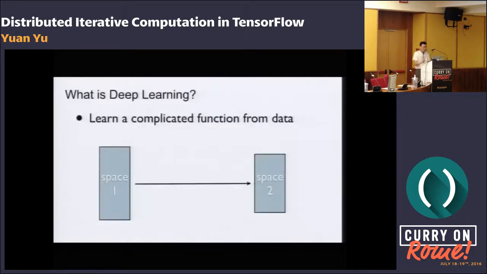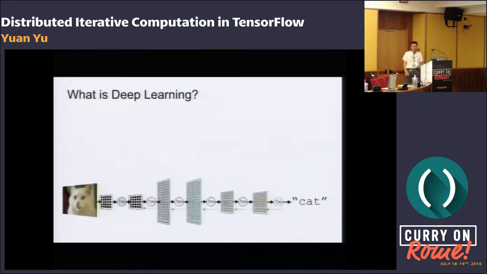So what is deep learning? Deep learning effectively is to learn a complicated function from data that maps from one space to another space. For example,